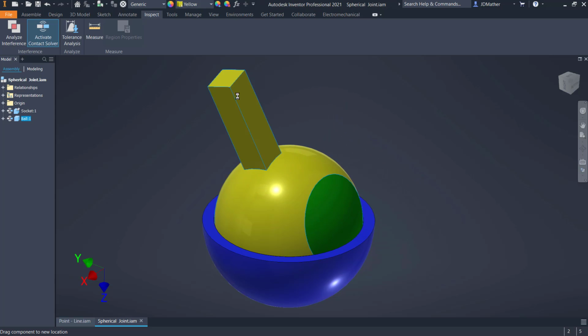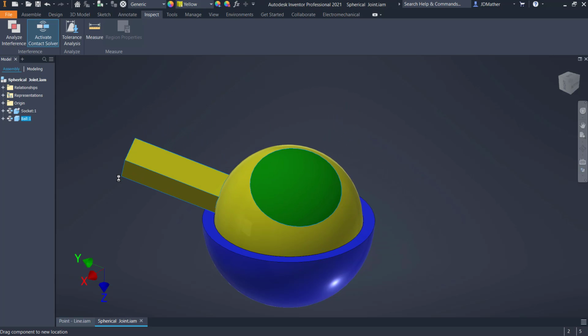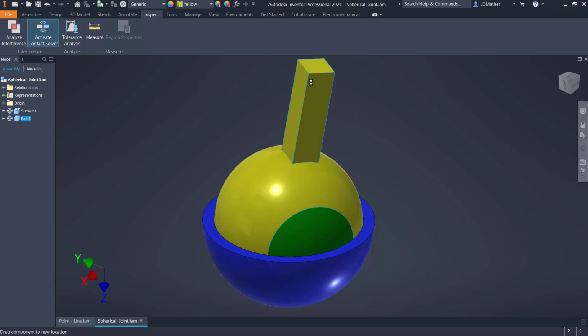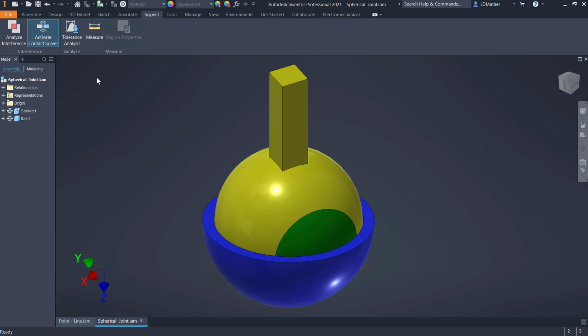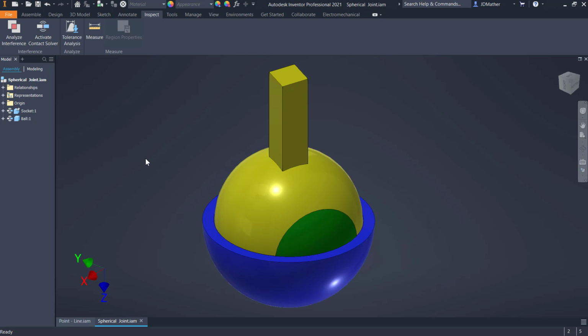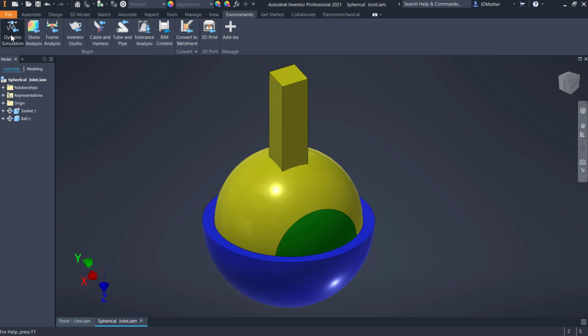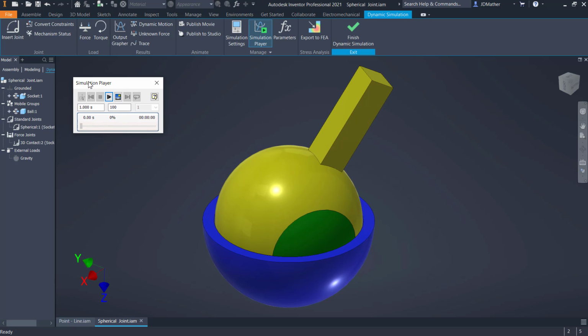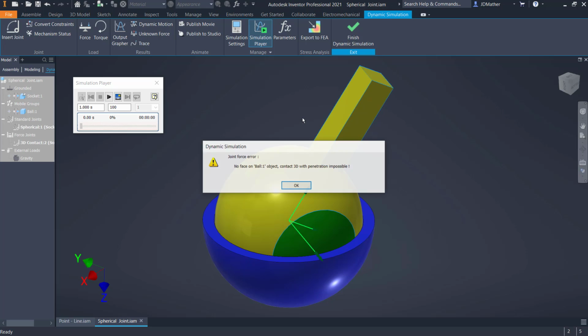Now if you drag it too fast, it won't be able to keep up with the calculations. The contact solver is computationally expensive, so after you make sure that it works, turn the solver back off again. But let's go into dynamic simulation. So I'll go into environments, dynamic simulation, and so I have a spherical joint, and this time the motion is